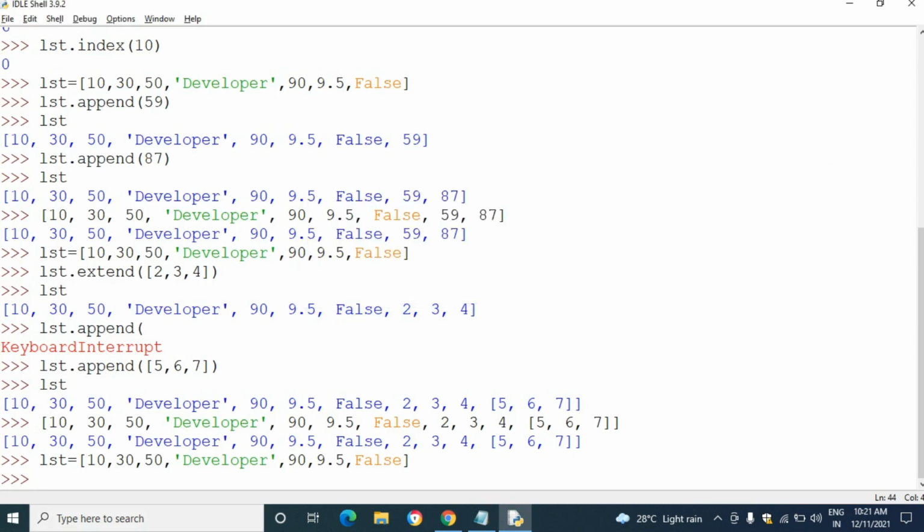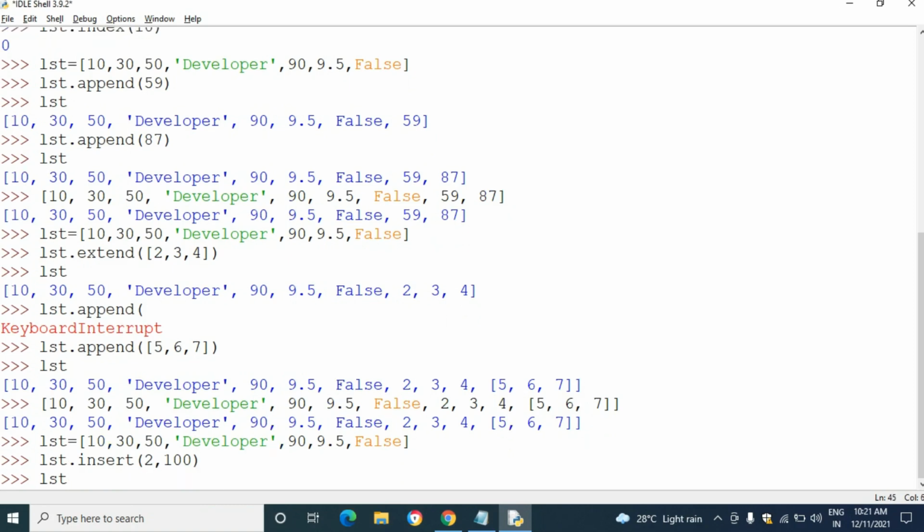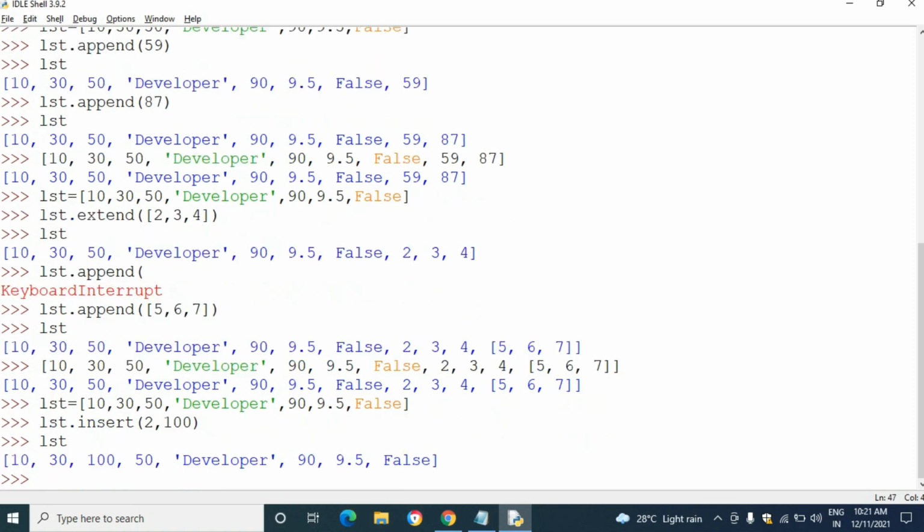I want to add the element at the second position, 100. Okay, I want to print the lst.